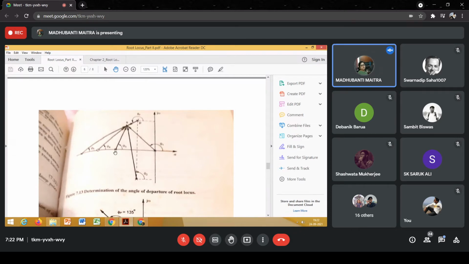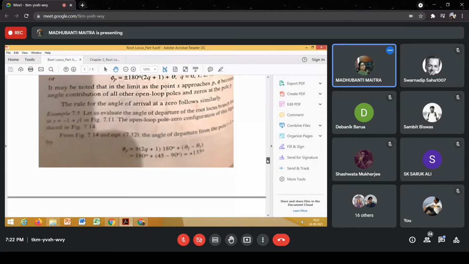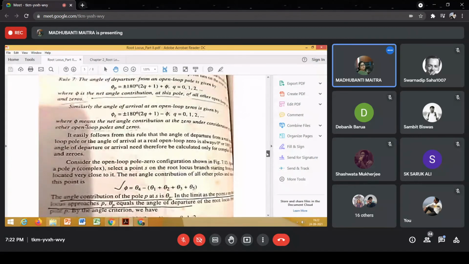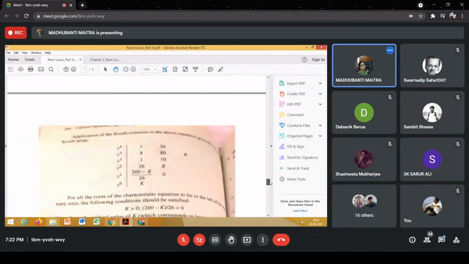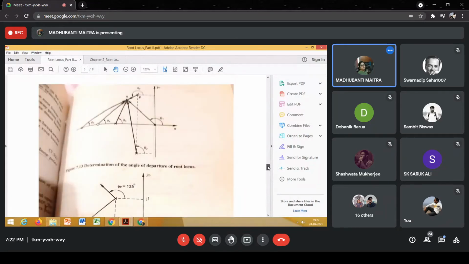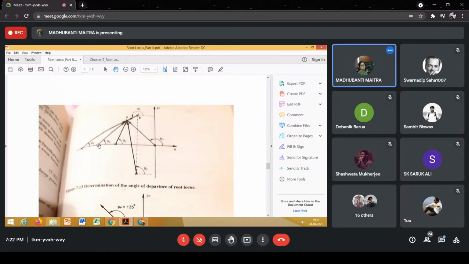This is the second real open loop pole located at this particular point, and along with these two, we do have two complex conjugate open loop poles located at these two points. Right? Now, okay, this is one open loop